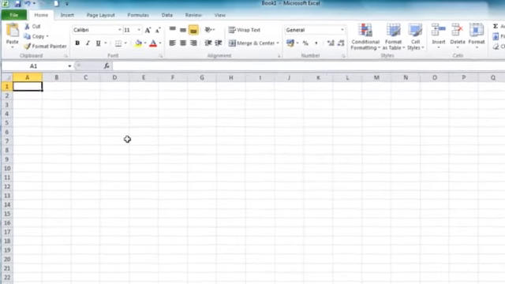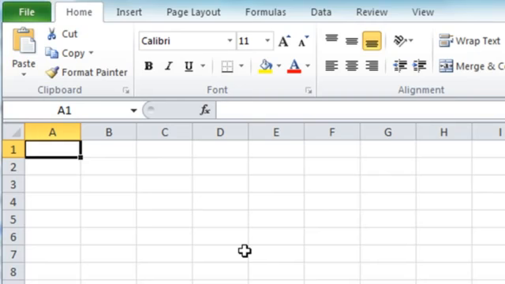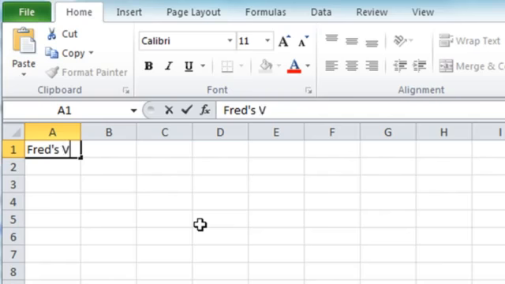So here we have Excel open with a blank worksheet ready for some data entry, and I'm going to create a new spreadsheet for a small business called Fred's Video Classics, the video rental store. So let's get started, and in cell A1 I'm going to type in the title of the business, or the